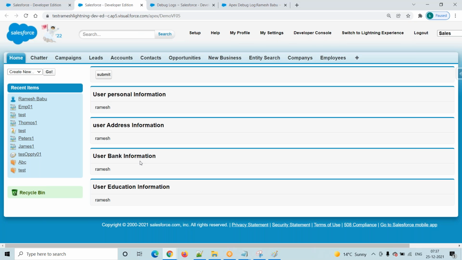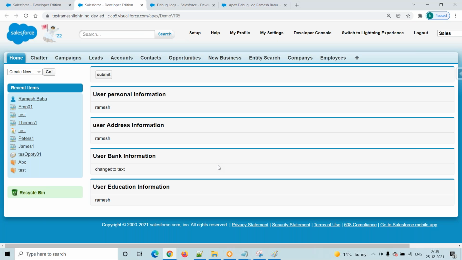How many sections are there? This section, this section, this section, this section. Only this section is reloading, right? Click on the submit button. See here, this section is reloading. Instead of reloading the entire page, we are reloading a particular portion of a page.